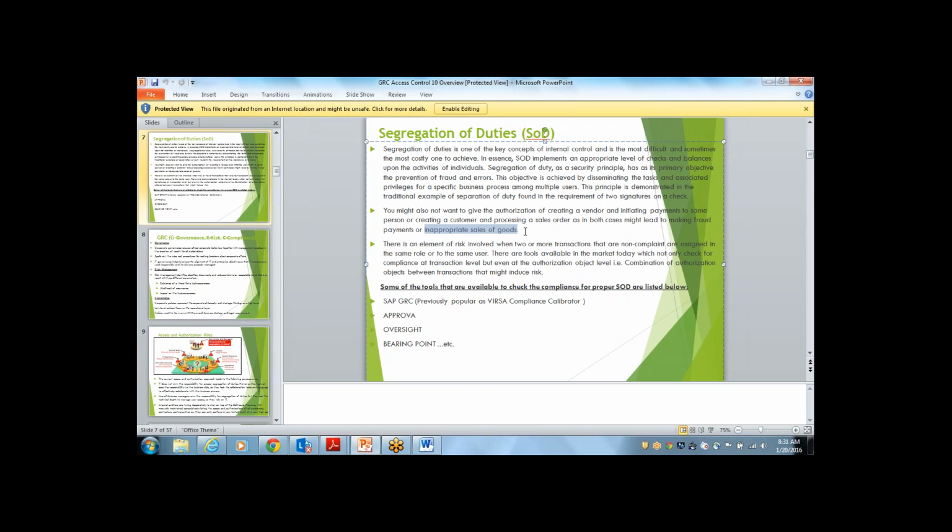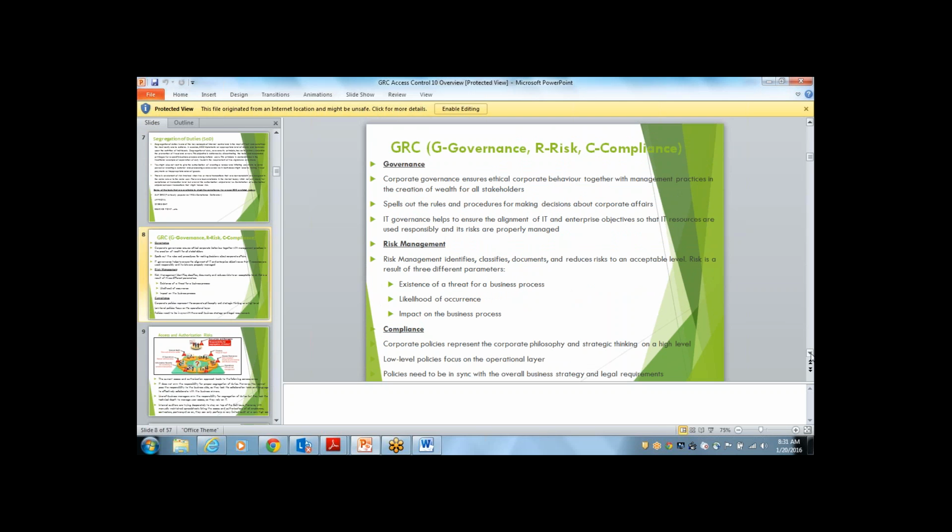These SOD tools are very important, and nowadays they are in high demand in the market. You know why people are going for GRC: because GRC takes care of all the risks in the company from hire to retire. It's not only about providing access to users and controlling their access. It also takes care of non-SAP related matters, and beyond user access and authorizations, it makes sure the company is risk-free in all ways. That's the reason we need these SOD tools.